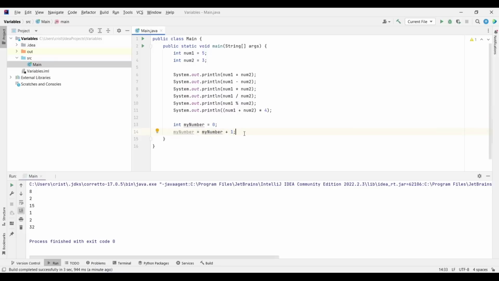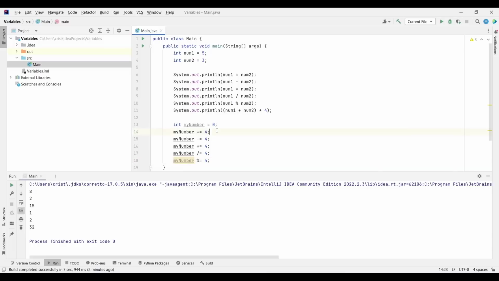And there is a shorter way of writing this. We can write this in the following way. So we can delete this, and we can put here my number plus equals 1, and it's the same thing. Let's put a semicolon, and we can do the same thing for the other operations too. And we can put whatever number you want here. So you can put here 4, or whatever number you want, and those are abbreviations. So let's change this to, let's say, multiplication, division. Let's press Ctrl D, and let's also use modulus.